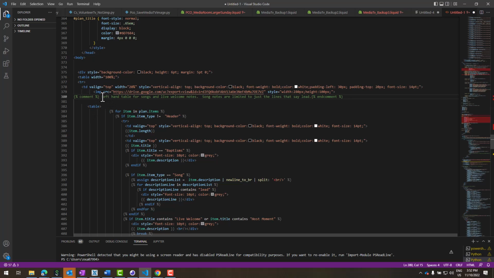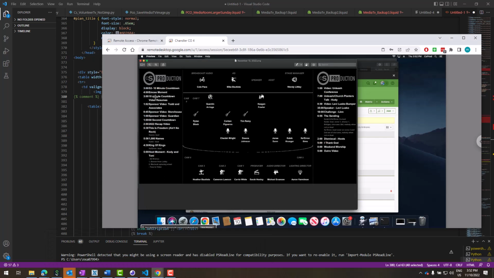So we got a left-hand table for the songs and live welcome notes. We generally have about 3-4 songs and then live welcome, and that's usually whatever fits. That's usually the maximum that fits in this column. We just found that that's convenient. So we have like our 10-minute countdown, our host moment, and a couple of songs, and then live welcome, and then we end up,